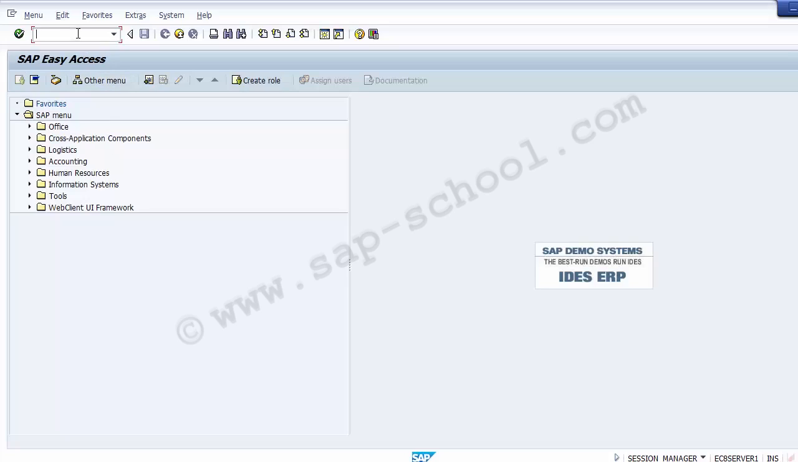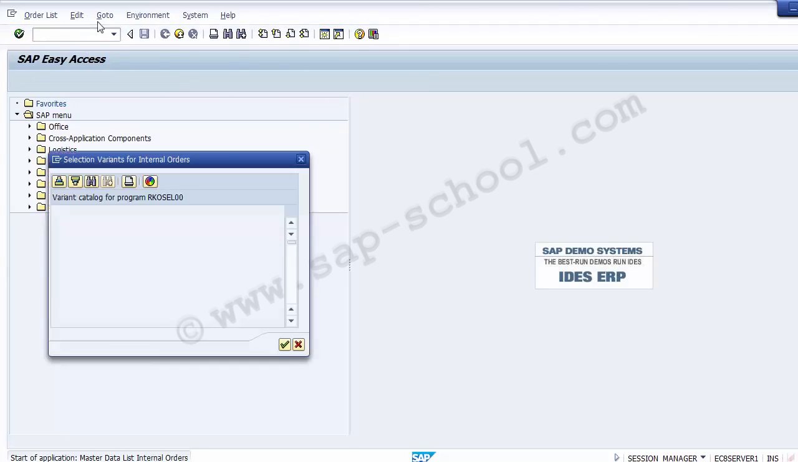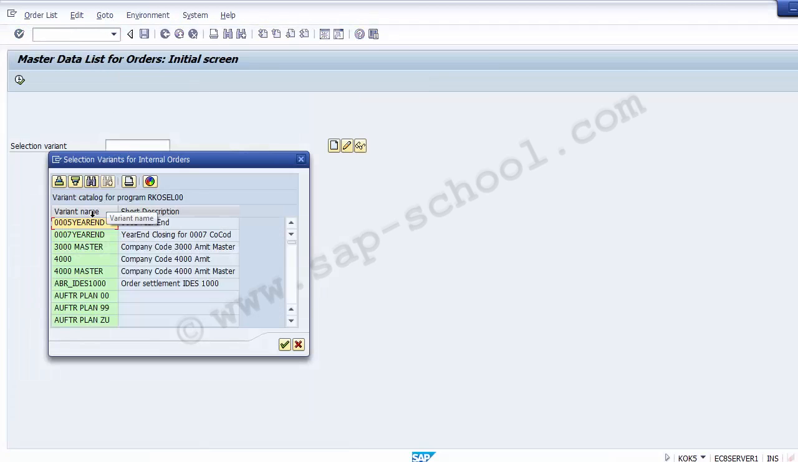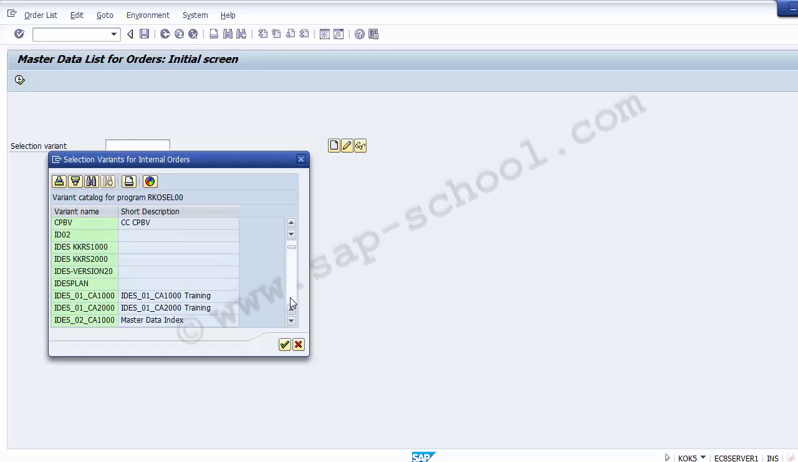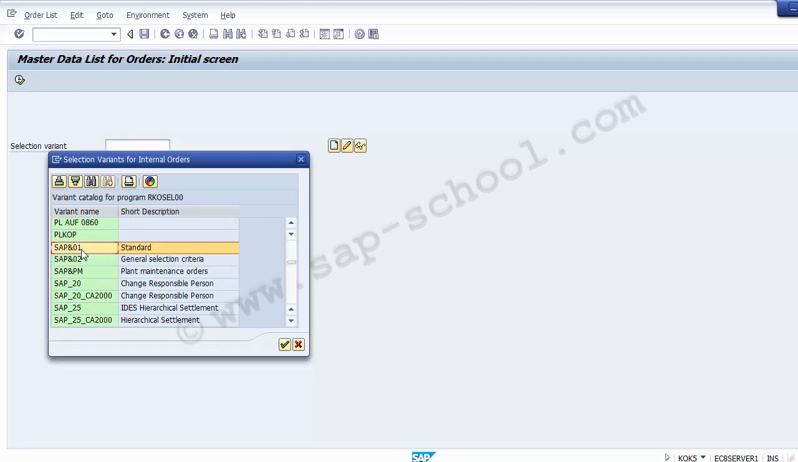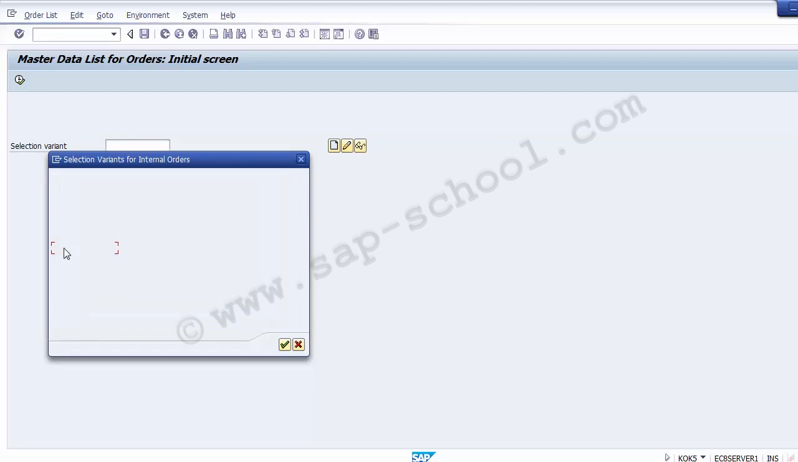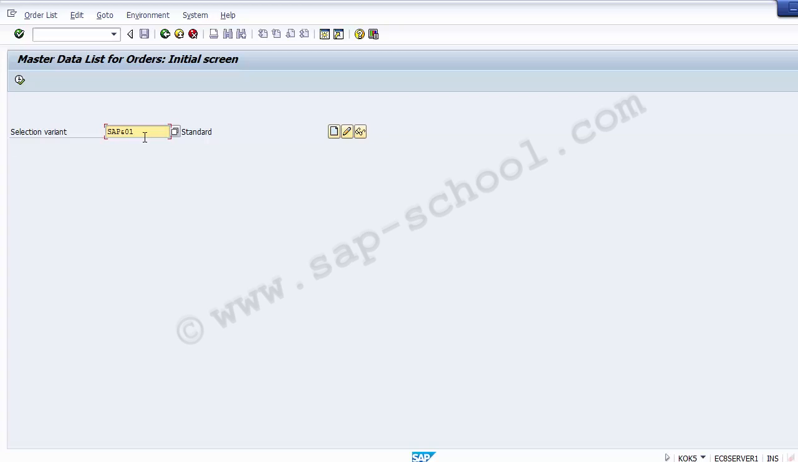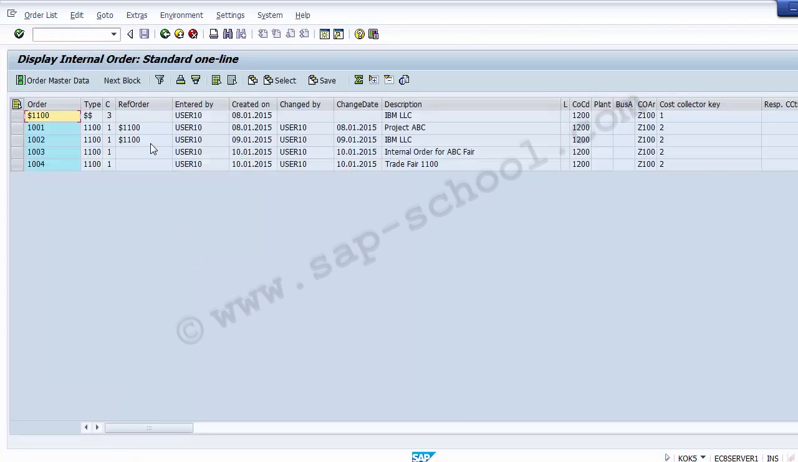So let's execute this KOK5, enter. And now you need to select the variant over here. The variant has to be the standard SAP variant, that is SAP and 01. Double click on it, the variant has been selected, then execute it, enter. Once we have executed and entered, you will find a list of all the various internal orders created for the controlling area